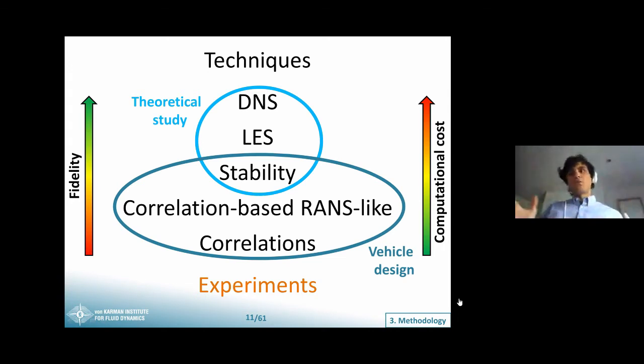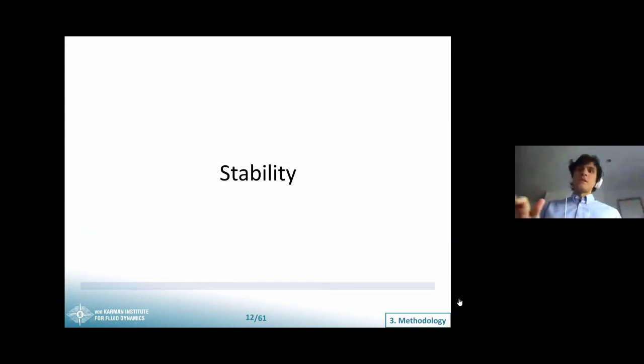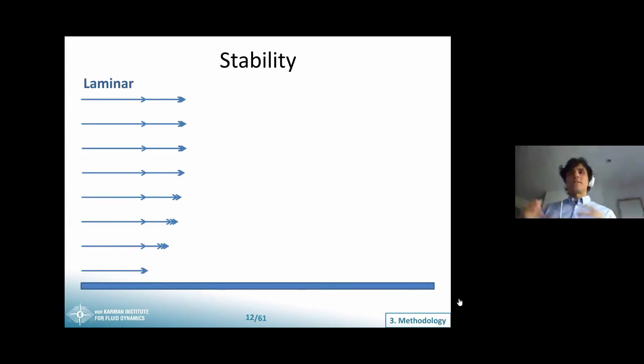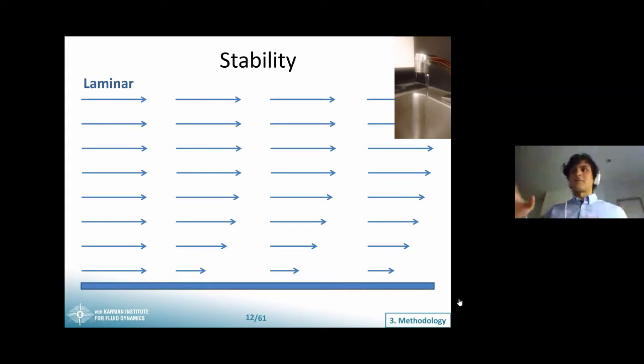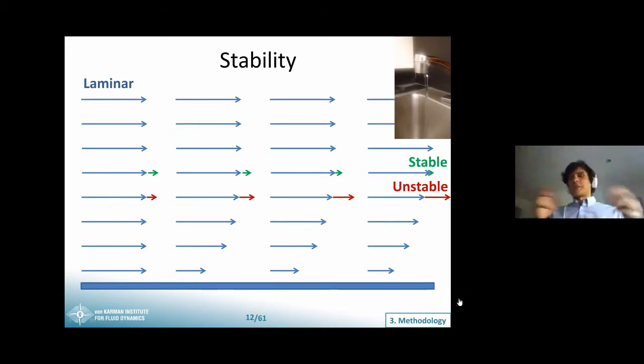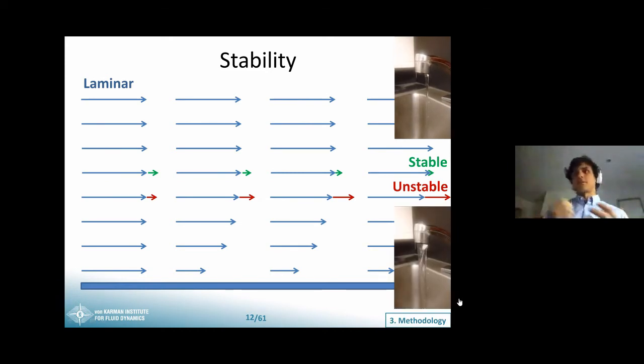And somewhere between these two worlds are stability methods, which is the technique that we use. The basic idea behind a stability method is to start off from a high quality laminar base flow, basically our faucet when we weren't turning the tap too much, and introduce into it a series of perturbations. If these perturbations are damped out, we say that the flow is stable. But if they grow, it is unstable. And it will be the growth of these instabilities that eventually leads to turbulence.